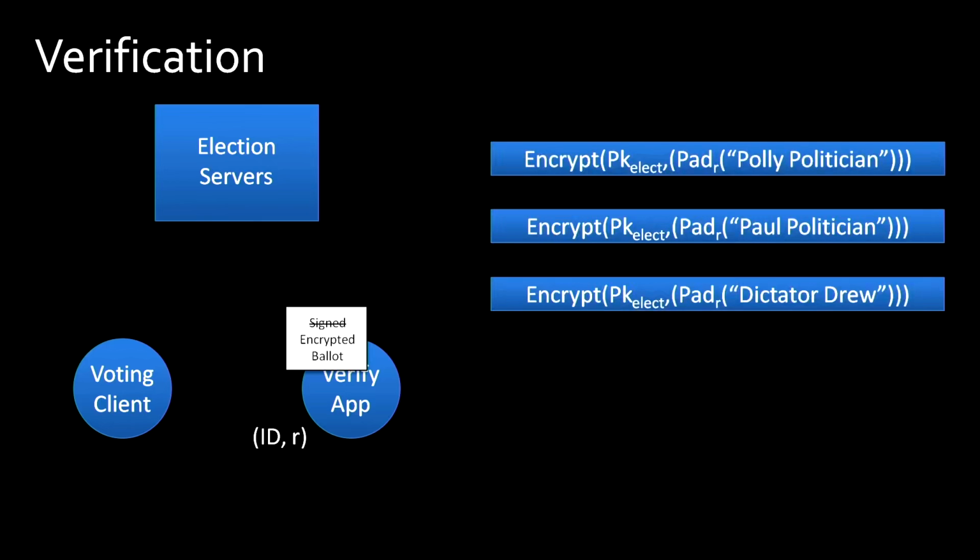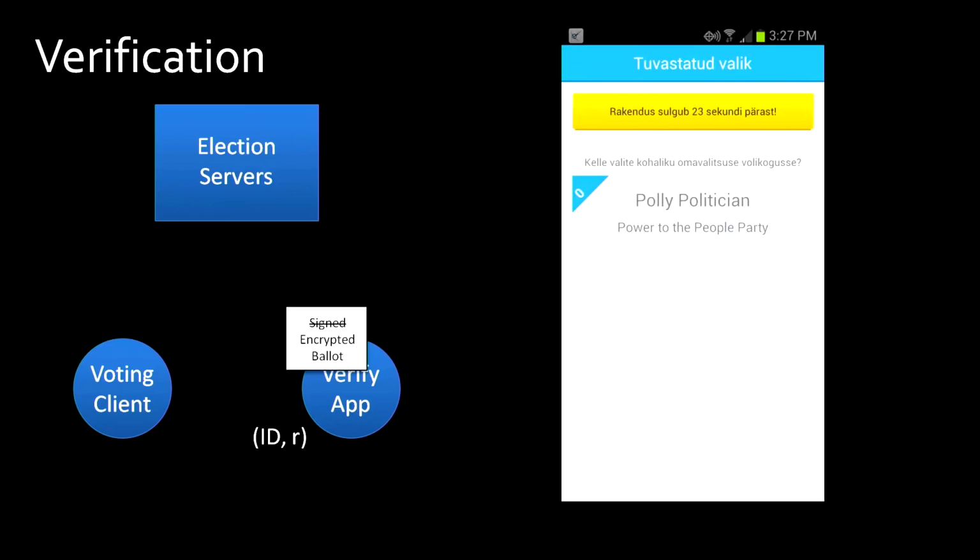At that point, using the random coins that it got from the QR code, the smartphone app can try to brute force your ballot choice. It can try each possible choice until it finds one that encrypts to the same thing. Then it finds a matching one, and it displays the resulting candidate. As a safeguard against coercion, this validation procedure can only be done up to 3 times, and it can only be done for up to 30 minutes after the ballot is cast.